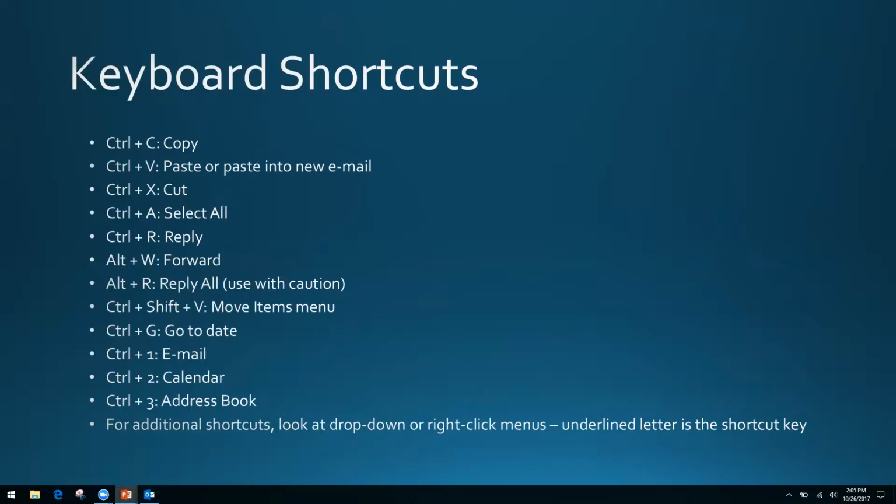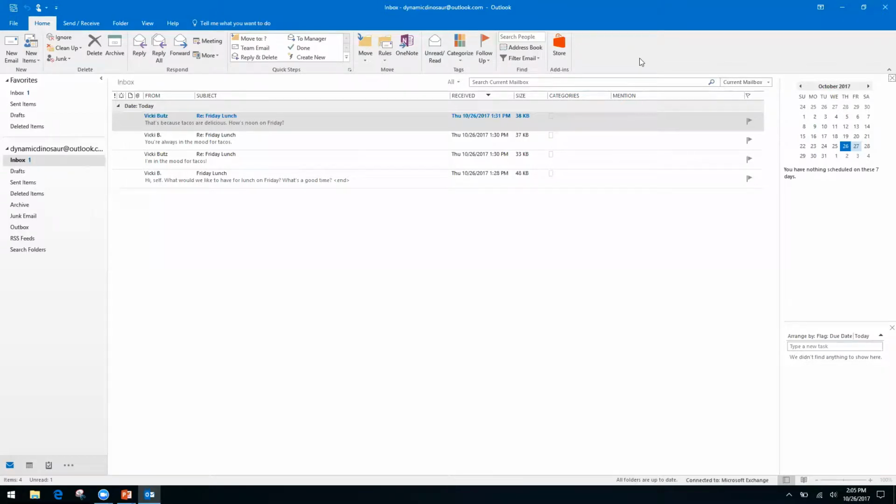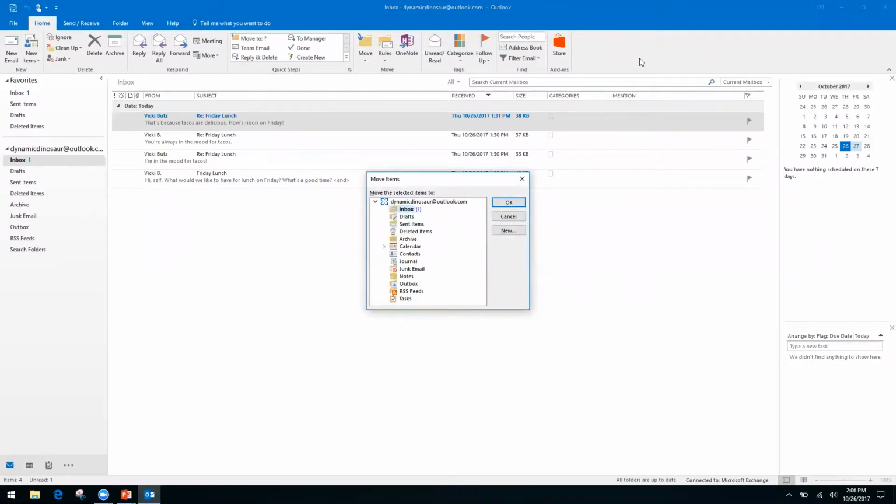Control-Shift-V is the Move Items menu. That one I will show you. Control-Shift-V is going to allow you to move emails automatically to your folders. So right now, this is a brand new demo account. There's not a lot in here. I don't have any folders set up. We are going to go into how to set the folders up, but I wanted to show you a brand new, bright, shiny, clean version so that we can see what it looks like when we start to do the customizations. But if you are someone that has lots of folders, dozens, hundreds of folders, the Control-Shift-V option pops up